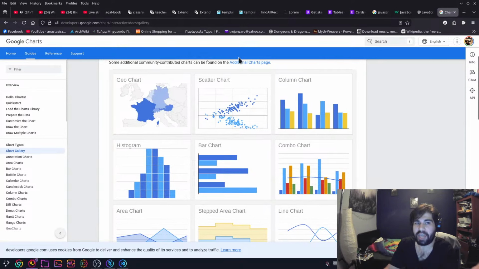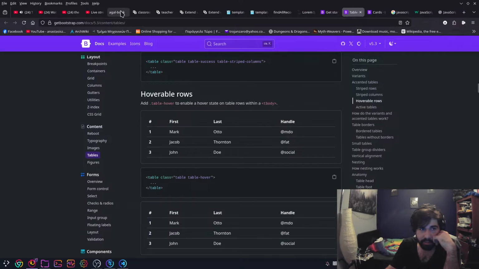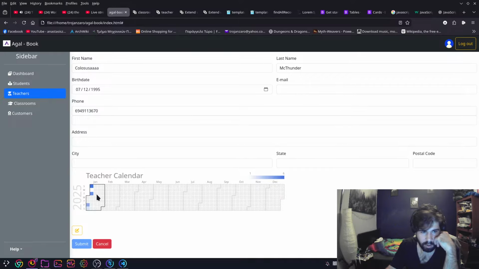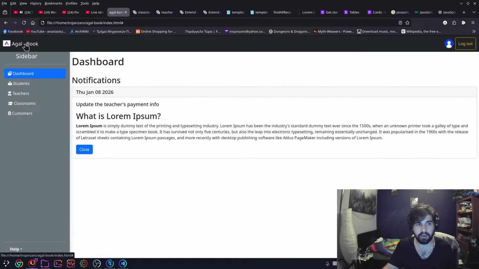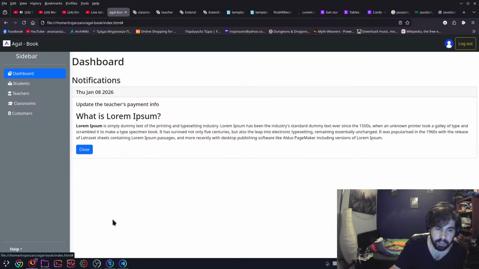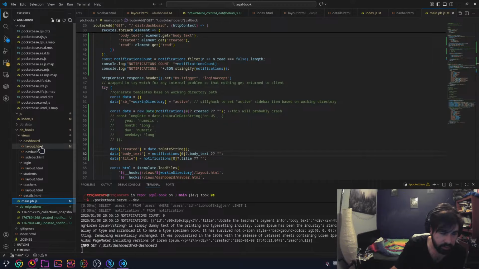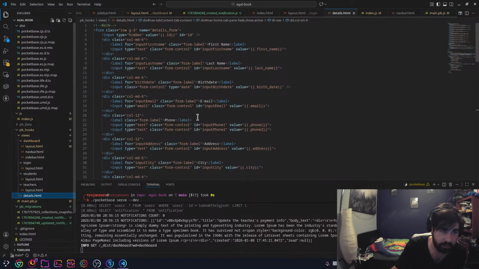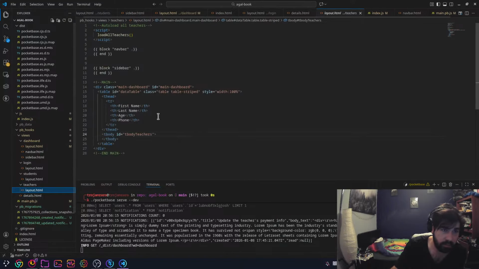So yeah, and because they had the calendar here, I just used that calendar. I just have to figure out what kind of data I'm going to be having here. The good thing about a lot of stuff in here is that it's going to be very easy to say, hey, I'm going to put this here and put that there. So let's see, classrooms. What should classrooms be like? It should be just like the other ones where they have details.